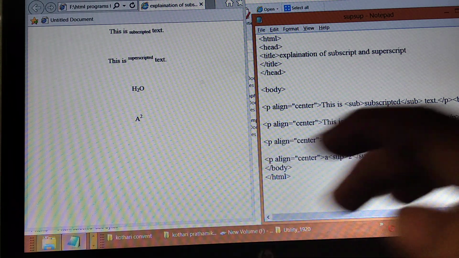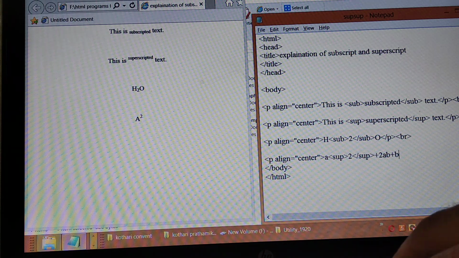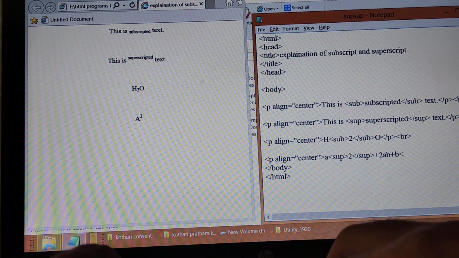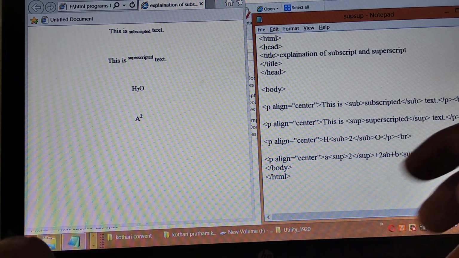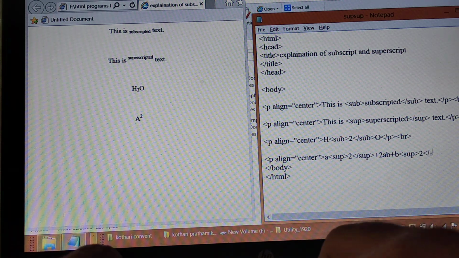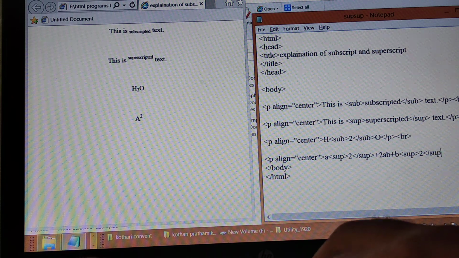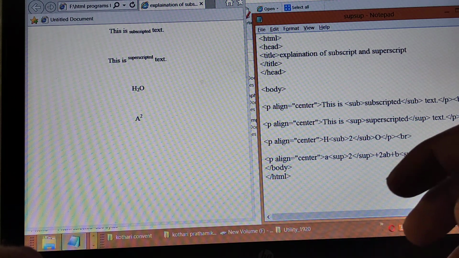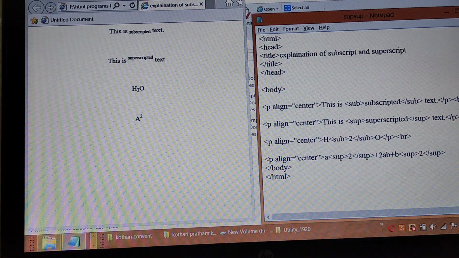So for that write b, and for square I will write sup tag and just insert the 2. After that just close the tag.